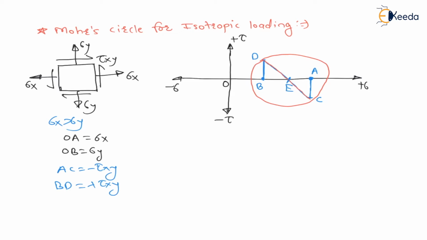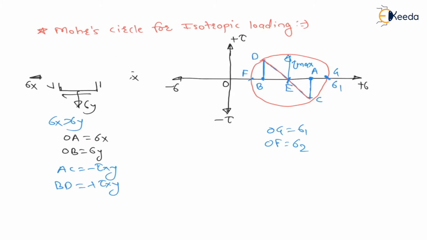Now the right extreme point on the Mohr circle is nothing but sigma 1. Let us say this point is G, meaning O to G distance is sigma 1, the maximum normal stress or major principal stress. And let us say F point, O to F, the left extreme point on the Mohr circle, is nothing but the minor principal stress sigma 2, and the radius of Mohr circle is nothing but the maximum shear stress, that we already know, right? Now here our target is to draw Mohr circle for isotropic loading.